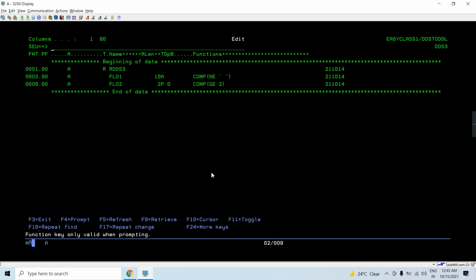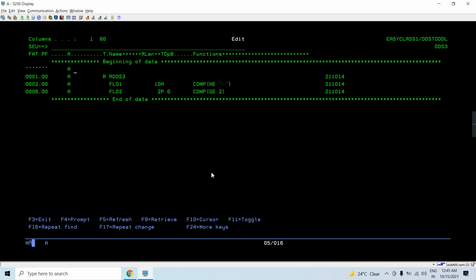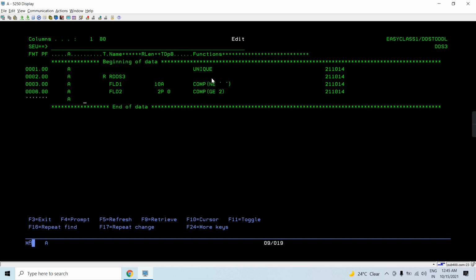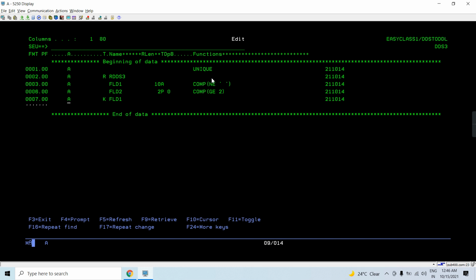These two constraints I applied, and let's say apply a unique constraint as well. So basically this value cannot be blank, and this value cannot be less than 2, which means this must be greater than or equal to 2, or I can write greater than 1 as well. Both the conditions are the same. Let's have a key field, let's say it's field 1.